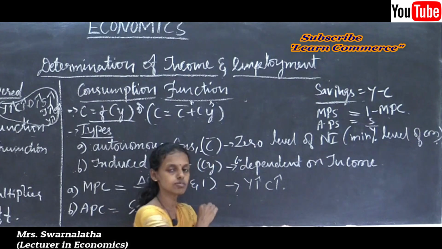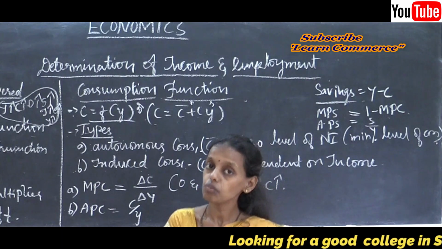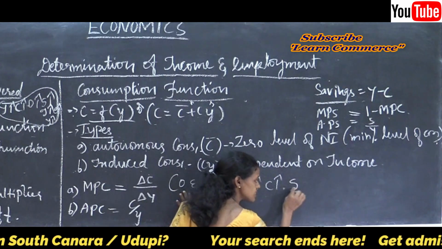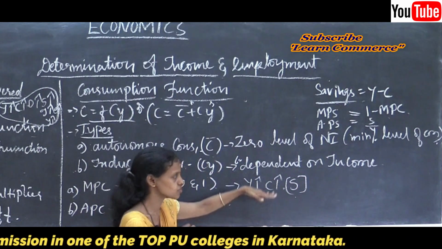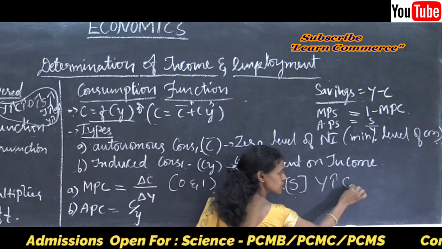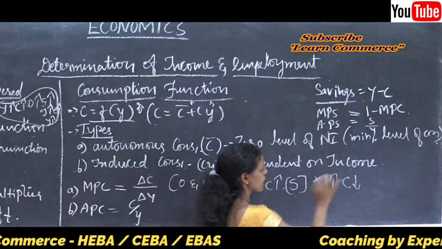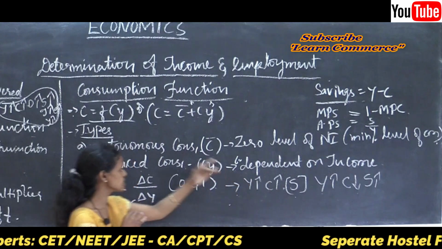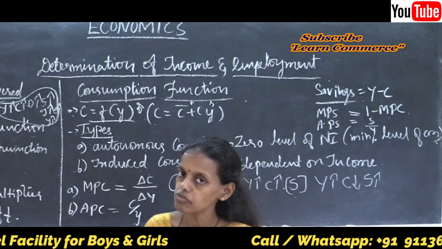According to J.M. Keynes, consumption function means an increase in income leads to an increase in consumption, sometimes less than proportionately, not always. Sometimes people may go for savings. Thus sometimes when income increases, in the initial stage consumption increases. In the later stage, when the income increases, consumption does not increase, it may even decrease or stay as it is, and savings of the individual increase. Thus induced consumption always means consumption depends on the income level of an individual.